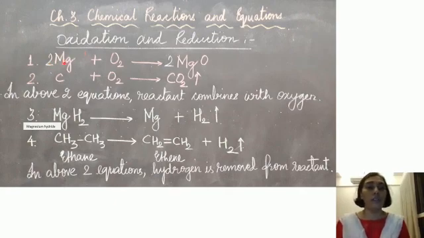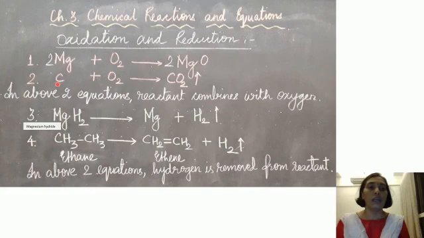The first example is burning of a magnesium ribbon. This one we have already studied in combination reaction. So you are familiar with it. That is, magnesium ribbon on burning or on heating combines with atmospheric oxygen and it gives rise to magnesium oxide. So it will be true with any other metal. Any metal combines with oxygen and gives rise to its oxide. So this is magnesium here, which is combining with oxygen, and hence it's an oxidation reaction.